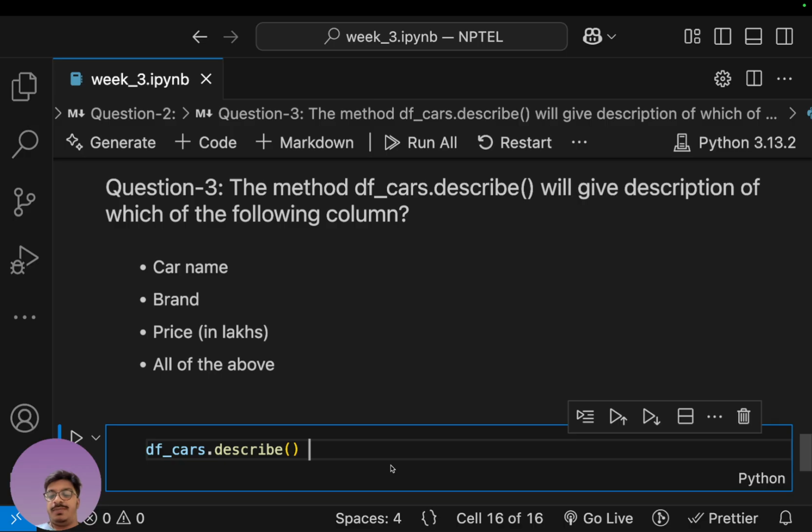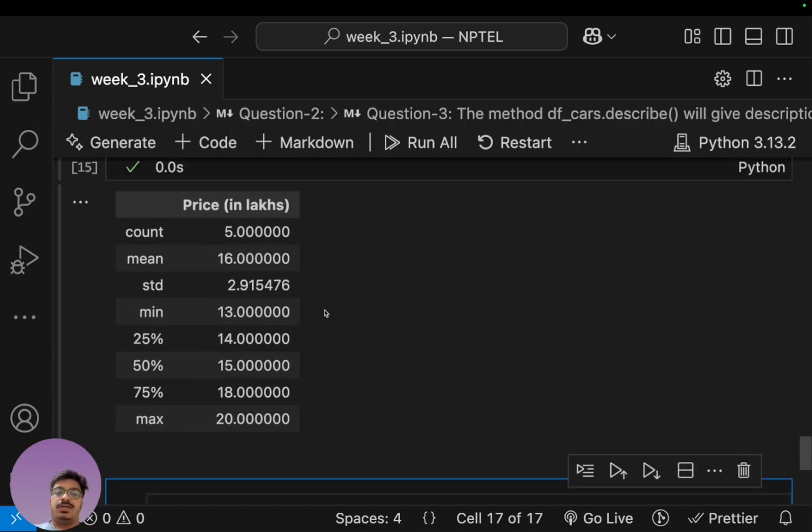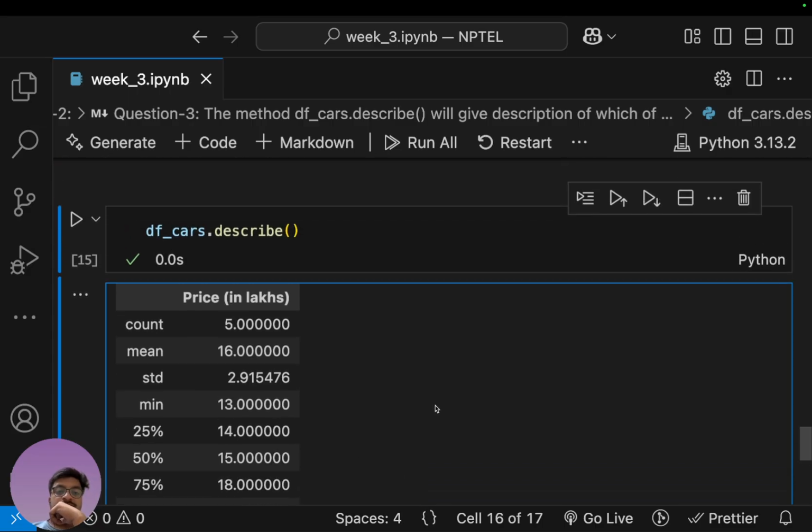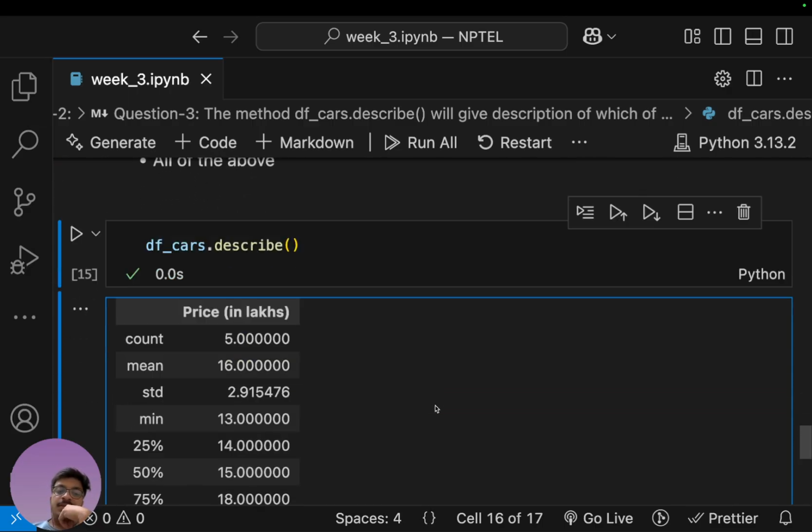I'll just show you the same. See this, it's returning count, mean, standard deviation, min, which is the minimum, and this mean is the mean, median, mode wala mean. Then 25%, 50%, 75%, max. What is going on over here? It's nothing but